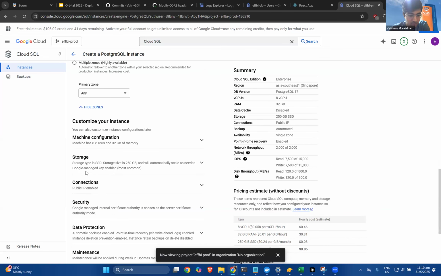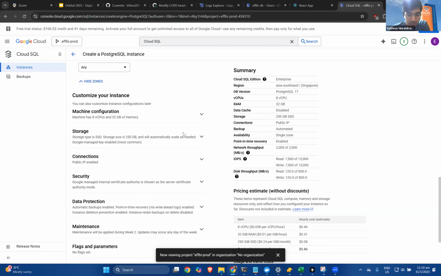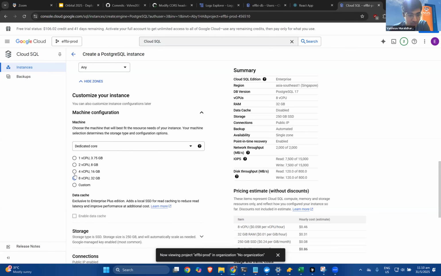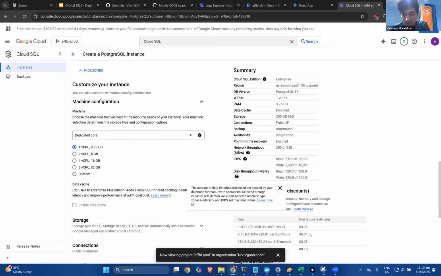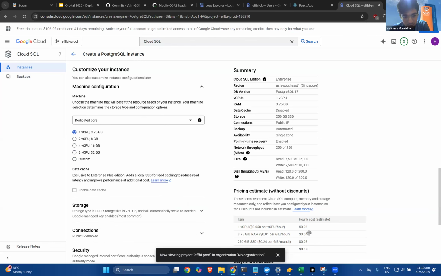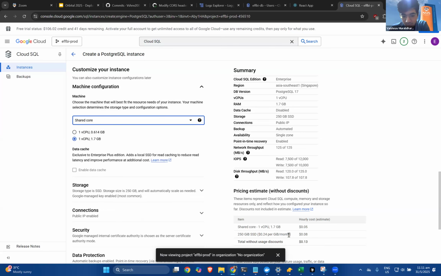You can configure. Do be pretty careful here because the default is 8 virtual CPUs. So you'd ideally want to set it to either 1 or 2, because otherwise your hourly cost is going to be a lot more. So let's say if I choose 8, as you can see, from 18 cents it goes to like 86. So be pretty careful here. You can even use a shared core and now you can get it to 13. So yeah,